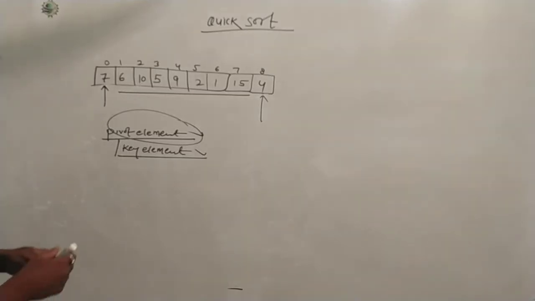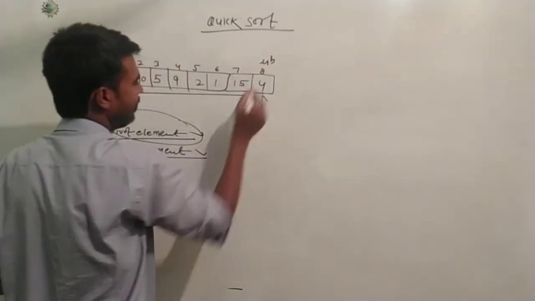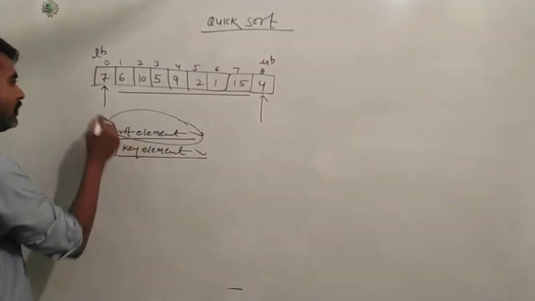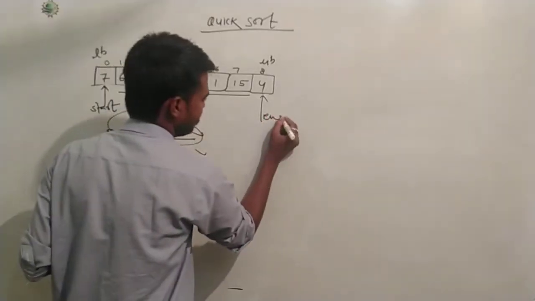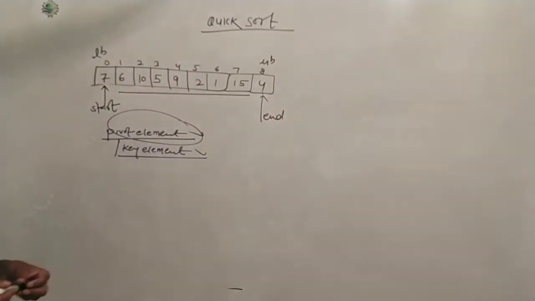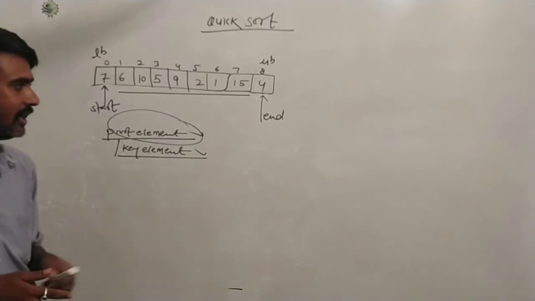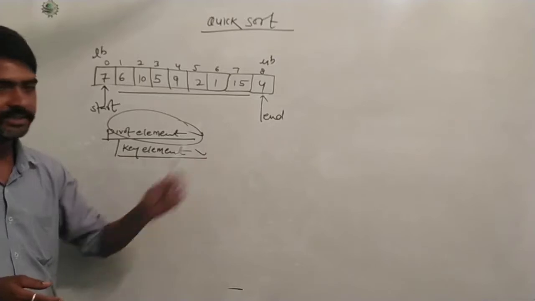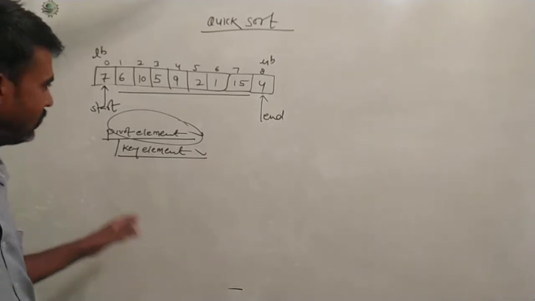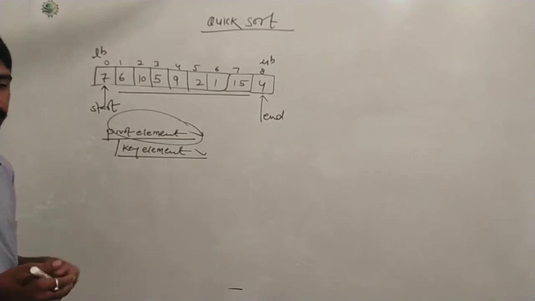Now this is our lower bound. We know very well, this is our upper bound. This is our start, and this is our end. There are two more variables in this sort. We can select the first element as start and the last index as end. Okay. How will this algorithm work? First of all,